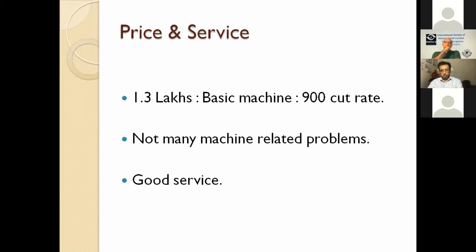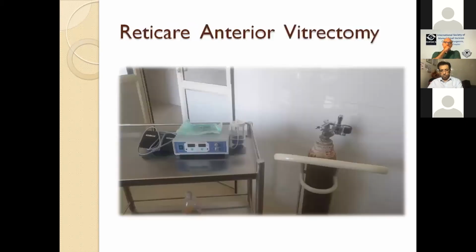That offer is there, and you have to connect this vitrectomy machine to the nitrous oxide cylinder. At the last 2019 conference, we took some three to four of my friends. It was given for 1.3. Along with that, one cylinder we have to buy costs around 8,000 rupees. So all in all, if you are initially doing 15 surgeries a month, it will cost you about 200 rupees extra per patient. That's it.